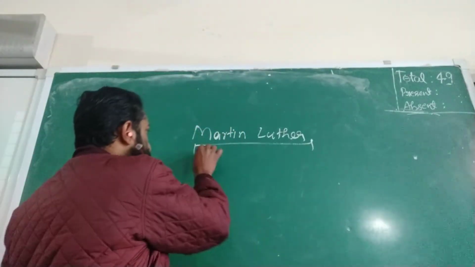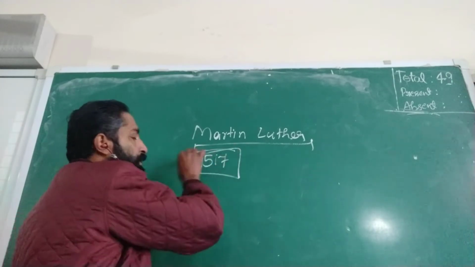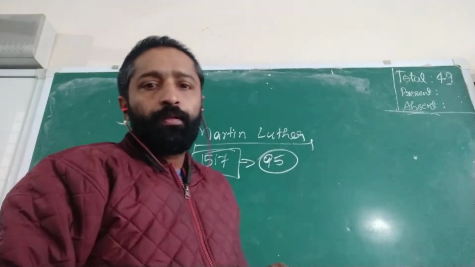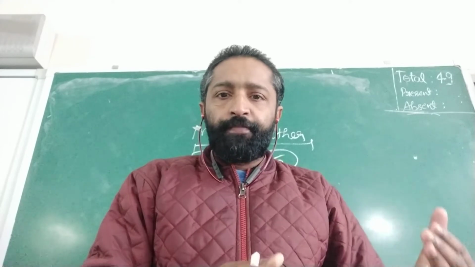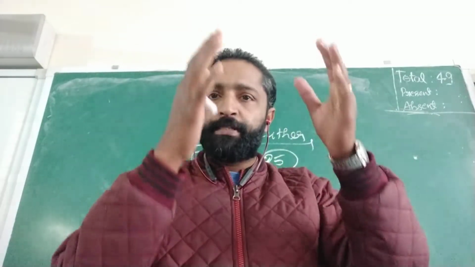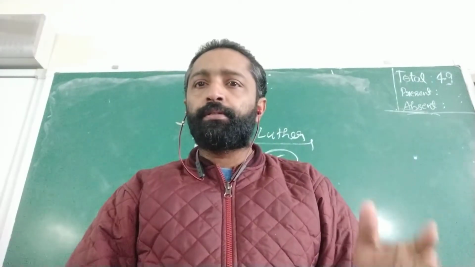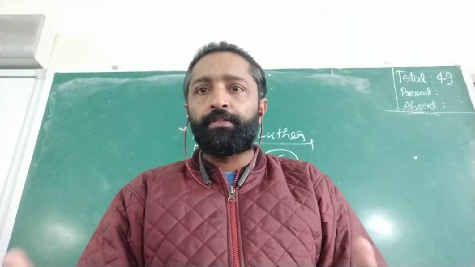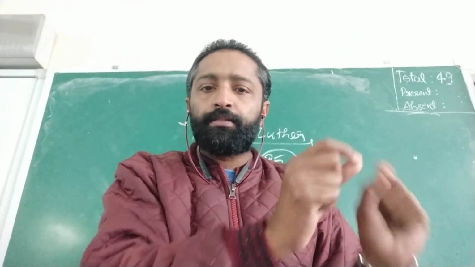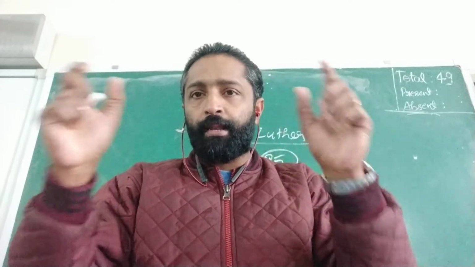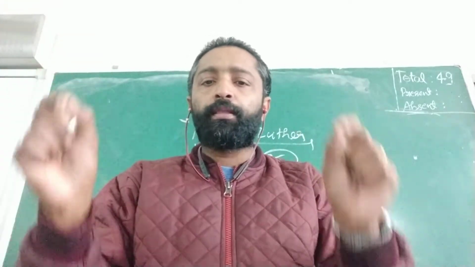And in 1517, he had written 95 theses that describe the differences between the beliefs and the practices of the church. He showed the people these differences between the beliefs and the practices done by the church, and he nailed those 95 theses on the church door